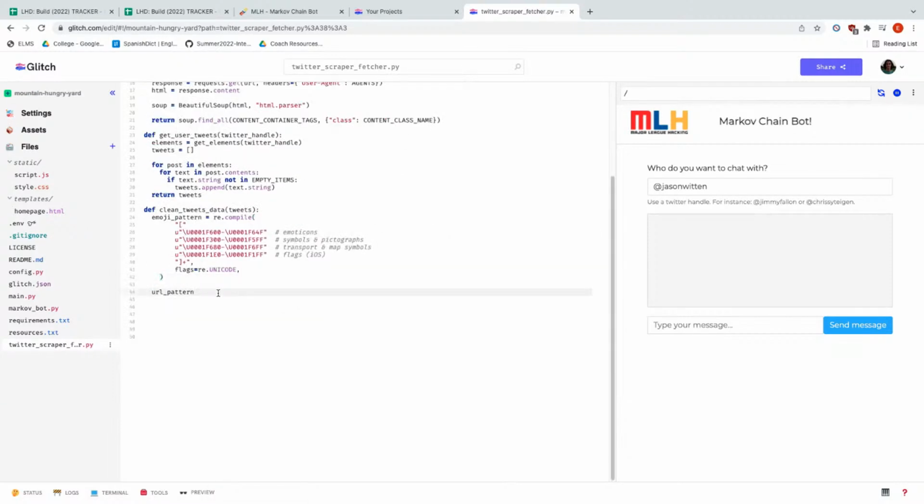And then we're going to set that equal to re, because we're using the regular expressions library, dot compile, r, because we're using a regular expression, and then in quotes, https, backslash S, capital S plus, close quote, comma, and then re dot all.